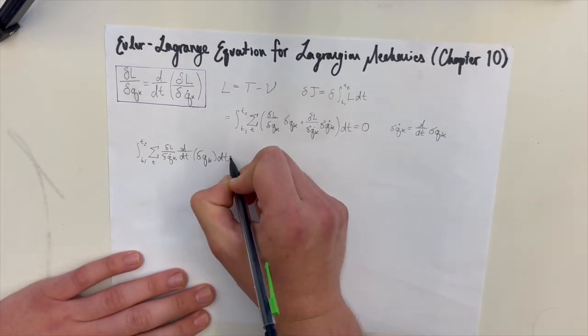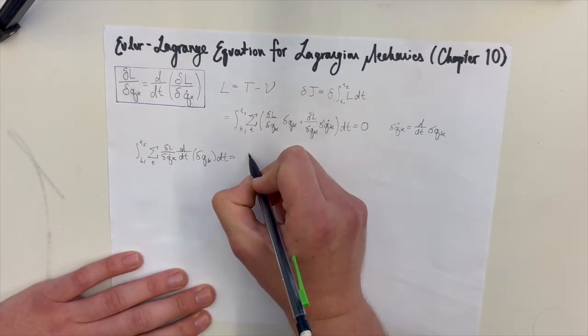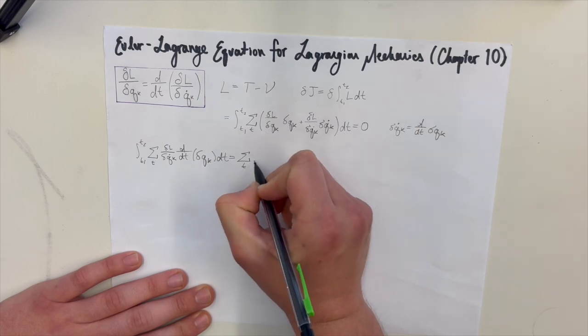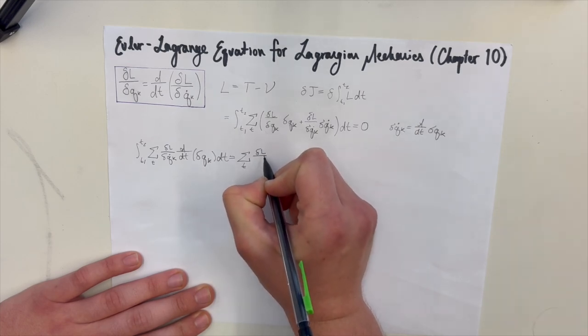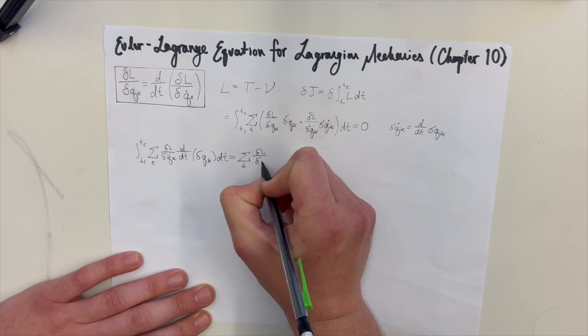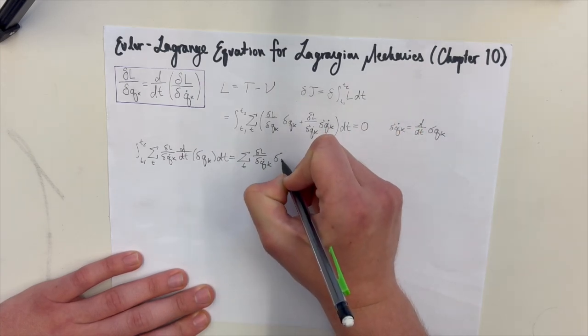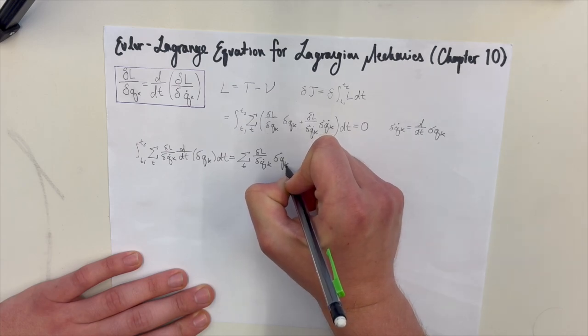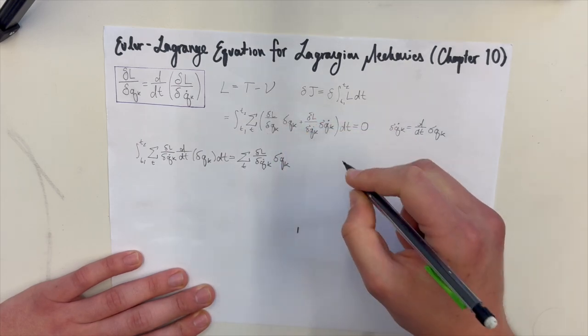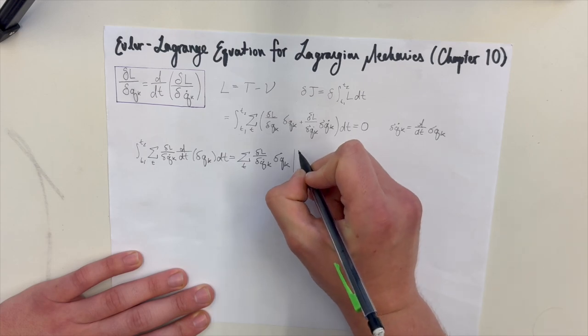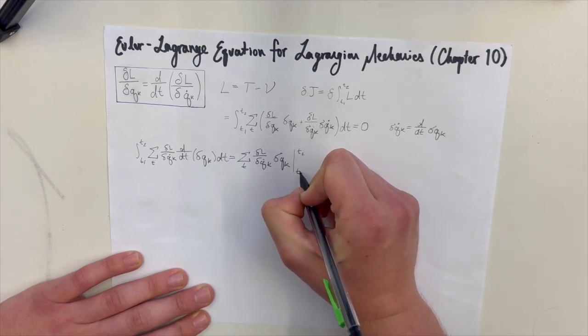Now equals the full summation of the partial of L with respect to q dot k times delta qk, now evaluated at the boundaries, so employ our boundary conditions of t2, t1,